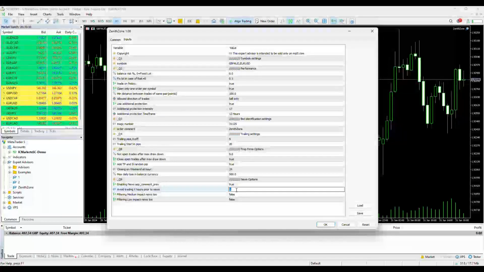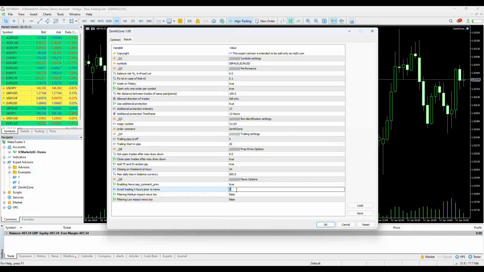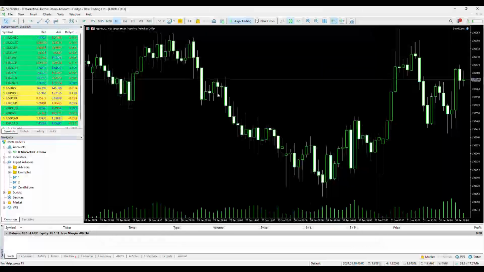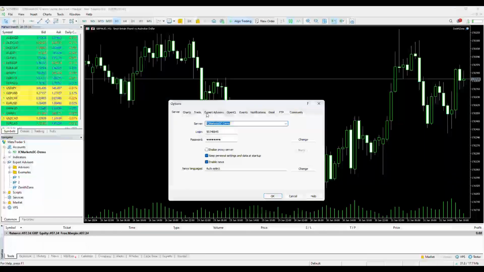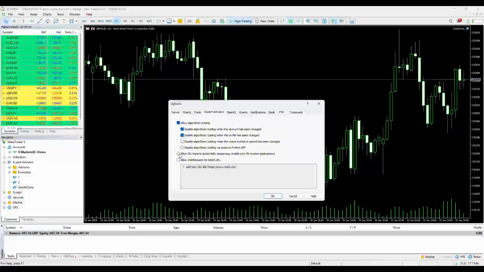And news option, this is a filtering option for news, you can enable it here, and set how many hours before the news release you want to stop your trades, so the EA won't open new trades. And you can filter medium impact and low impact news too. For using the news filter option, go to tools options, and here on the expert tab, allow DLL imports and allow web requests, and add the address that I told you. You can use it